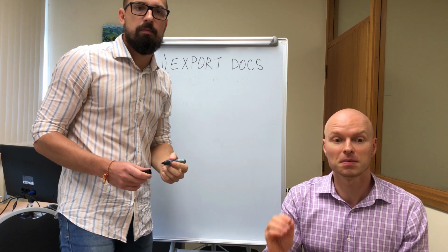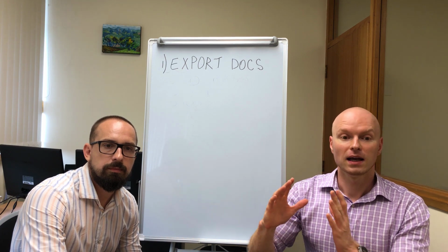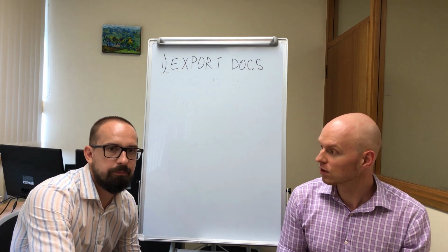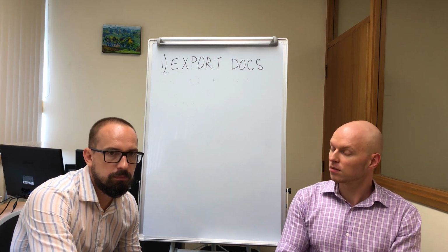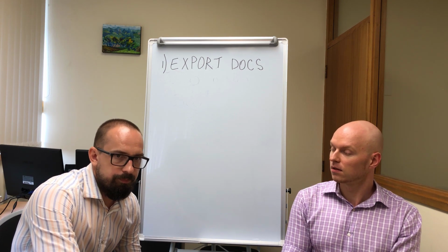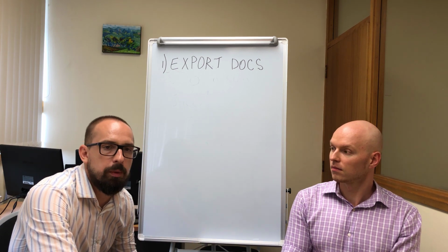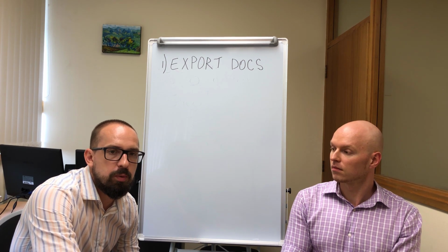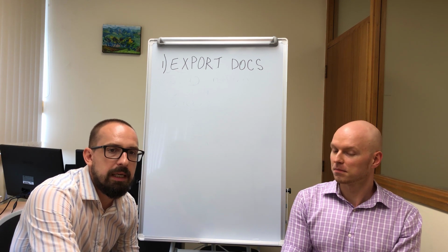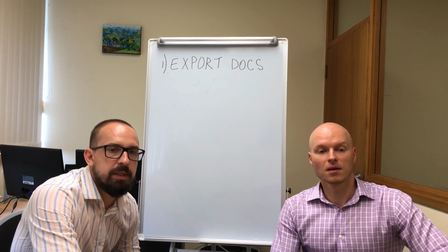So the first step is to make sure you know what export documents are required, how to do it, and where to get them. Yeah. So what sort of documents would you need to get or produce when you export a container? Well, of course, no two countries are the same, and you can't know everything. So our advice would be to go to a customs authority in your country and talk to them directly about the specific requirements to export the goods, because there could be some rules around